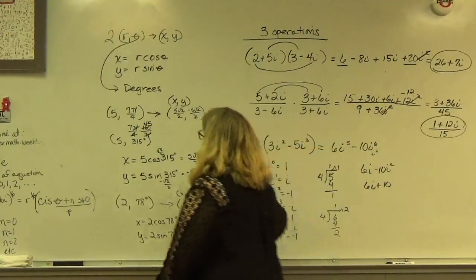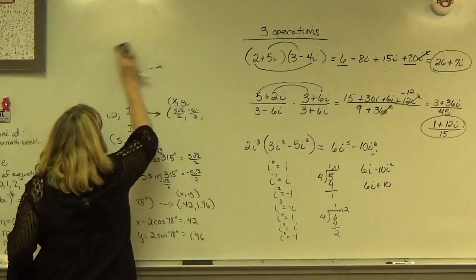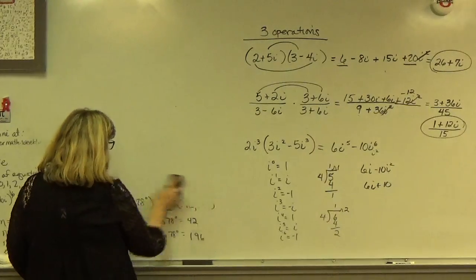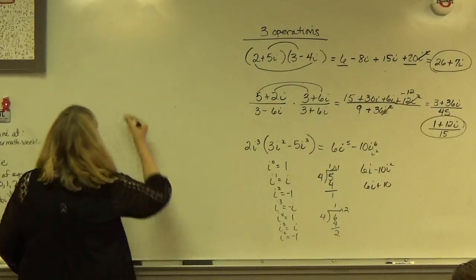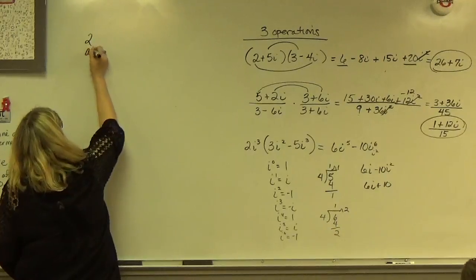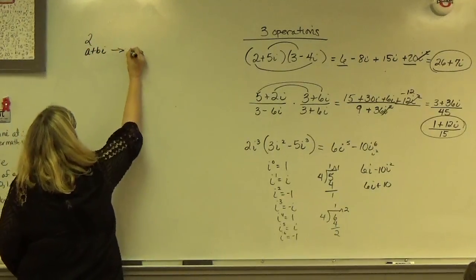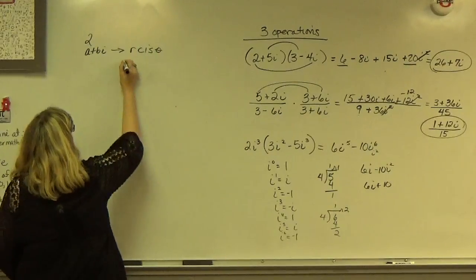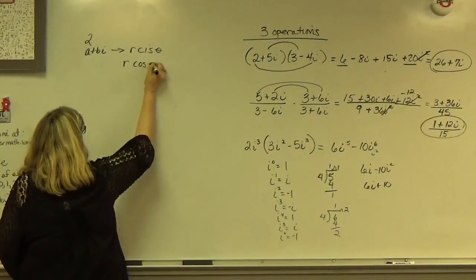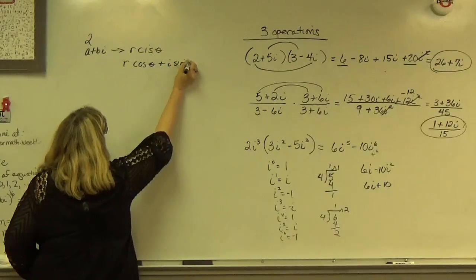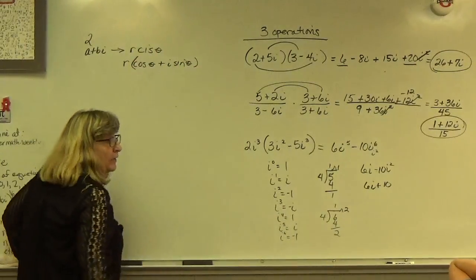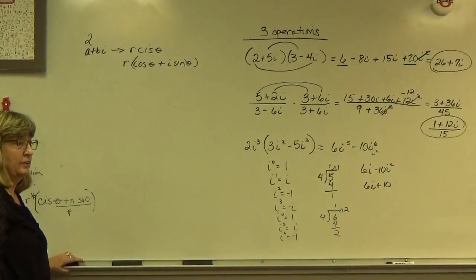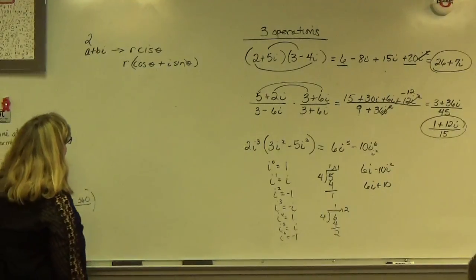a + bi form, so complex form. You got two of these. To r cis theta, and what's that cis theta stand for? Cosine theta plus i sine of theta. And I could write it either way on the test and you know what it means, correct? Okay, so we want to change,